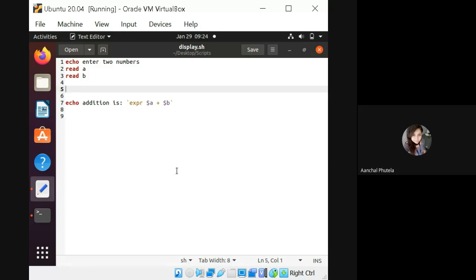So now this time you will perform subtraction of two numbers, multiplication of two numbers, and division of two numbers. Write a script to perform the basic operations: subtraction, multiplication, and division. Also, do it.